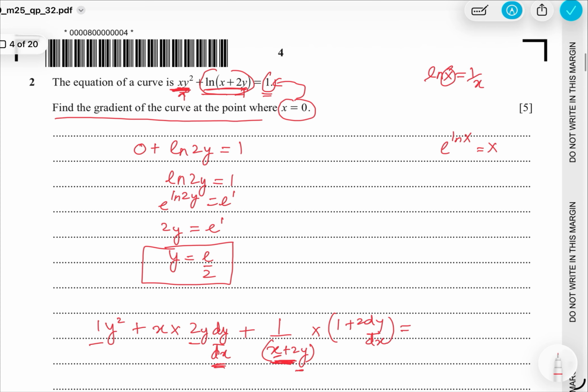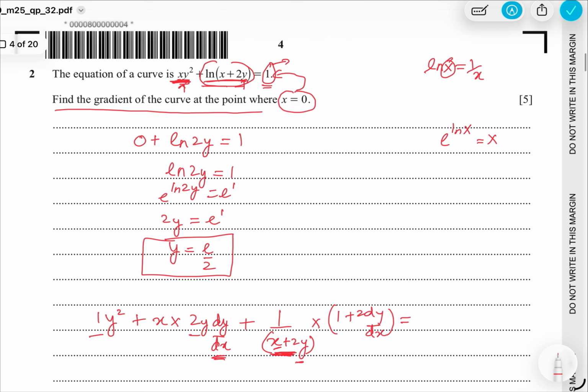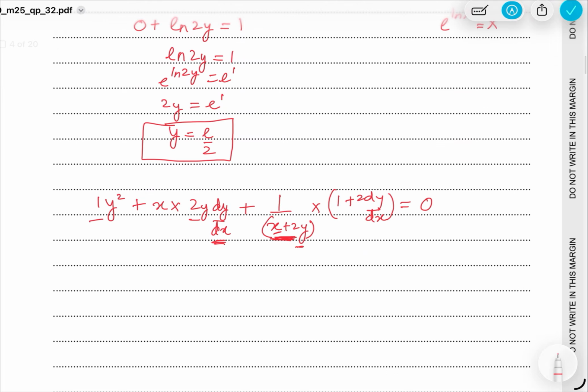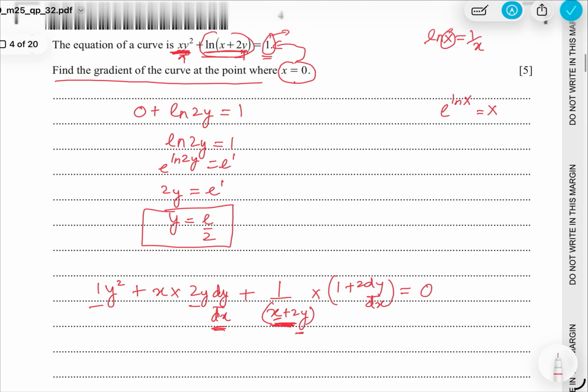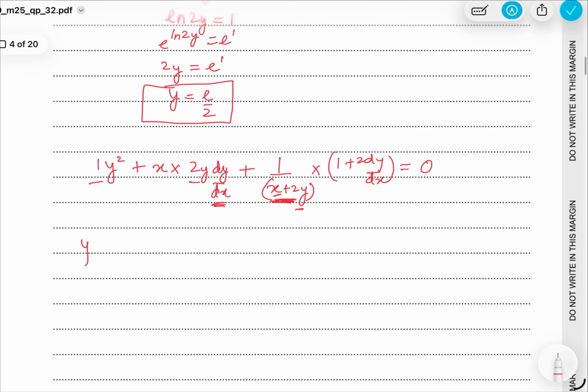equals to 1, and differentiation of 1 is 0. So we'll put it equals to 0. Differentiation of a constant term is 0. Now, let's put the value of x equals to 0 first. So it would be y square. See, this complete term would be 0 because it is multiplied by 0. All right. This would be plus 1 upon 2y times 1 plus 2 dy over